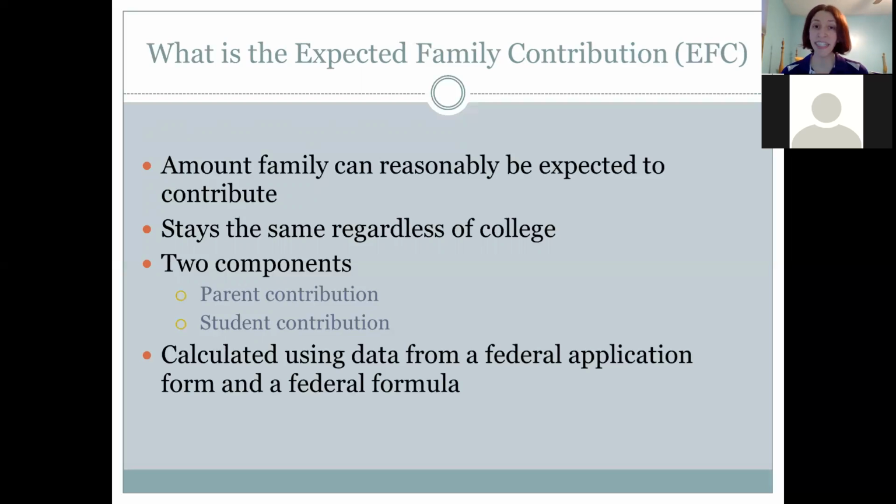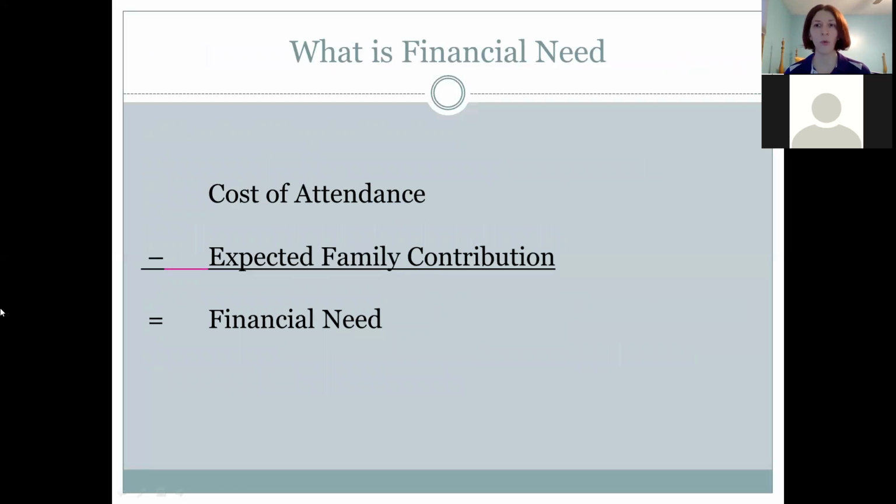Just because you have a zero EFC, meaning that you are reasonably expected to contribute $0 towards the education, does not necessarily mean that that is what your remaining balance is going to be. Potentially at a state school, that could be the case because Pell Grant or TAP grants or something might cover all the expenses, and there would not be any additional things that you have to provide. But typically at a private school, although you would probably receive a higher amount of financial aid, most times you will still have a